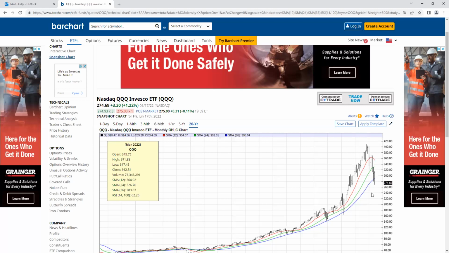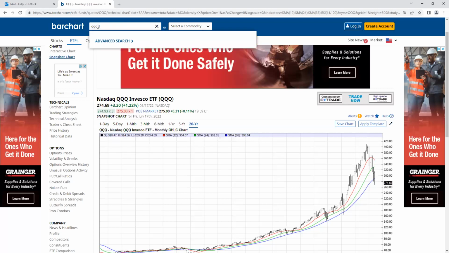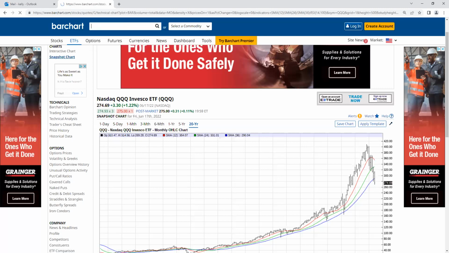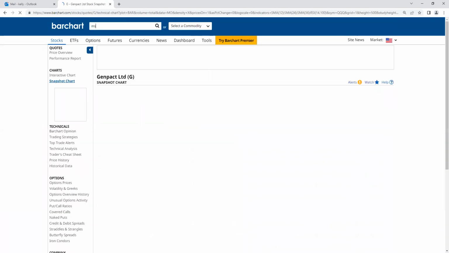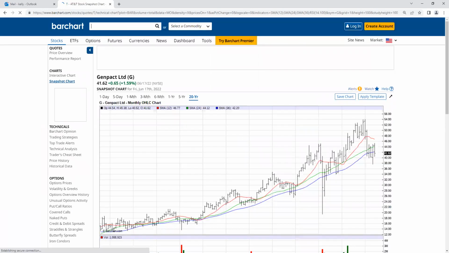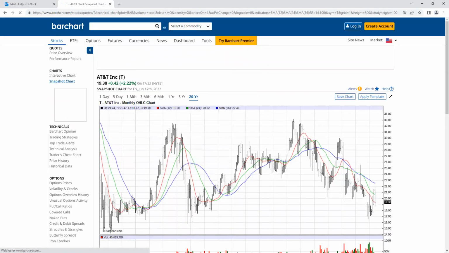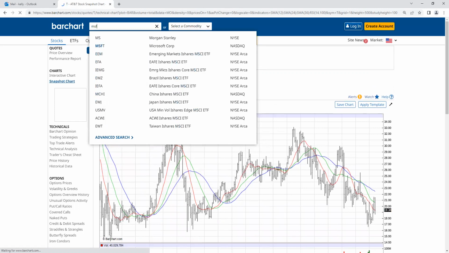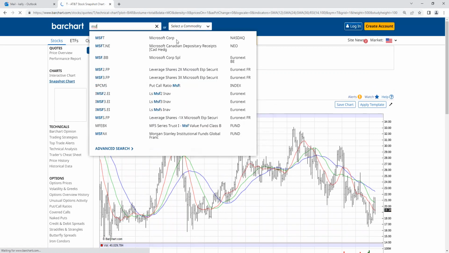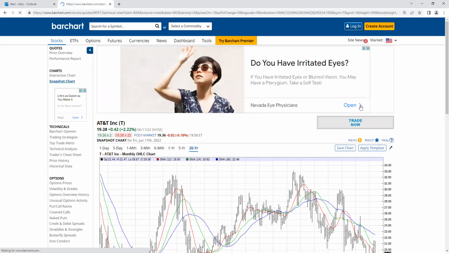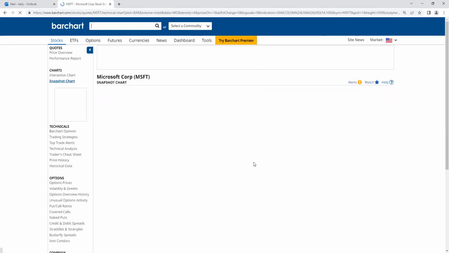The other strategy now, if you really believe we're at a low point, and now this is an index. So let's take a look at a company that you might believe in. Let's take a look at something like Microsoft, MSFT. Okay. All right. So now this is a strategy someone might consider if they wanted to own the stock,